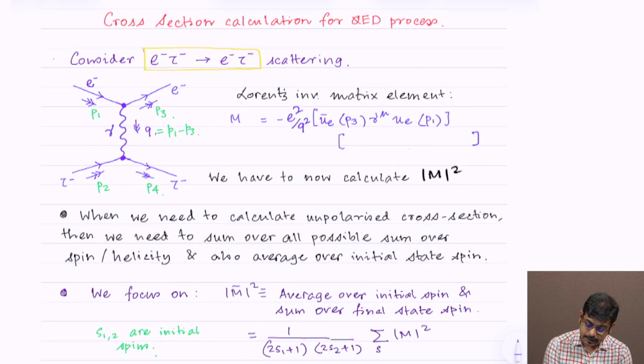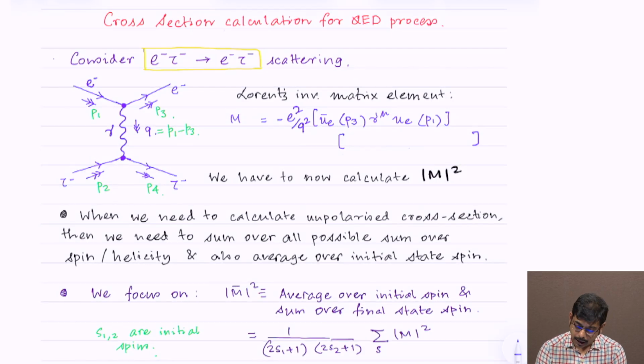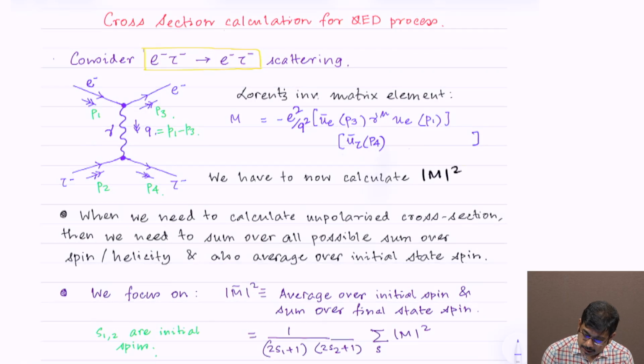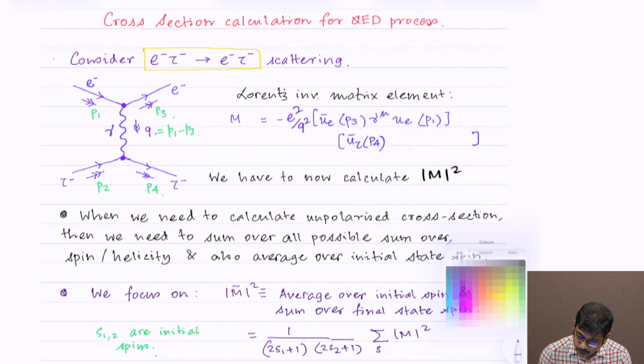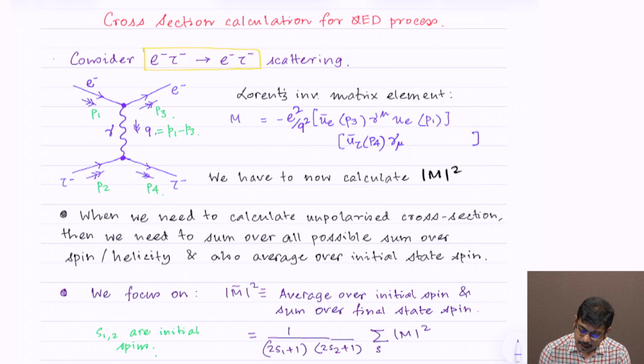This is the first current that you have, the electron current. u e bar P3 is representing the final state particle that is being produced. u e P1 is the annihilating particle that you have, and similarly the particle which is being created for the tau sector will be u tau bar P4, and then I will have the gamma mu, this is the QED vertex that I usually have, and then I have u tau